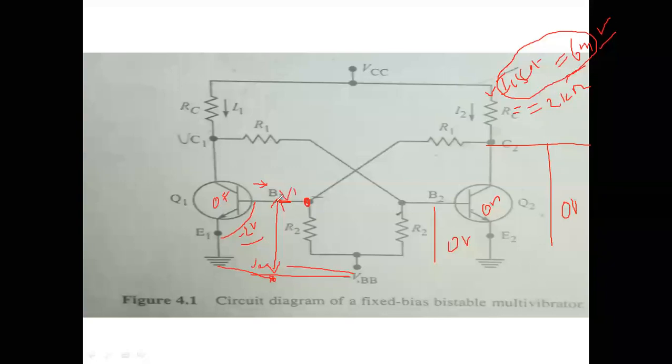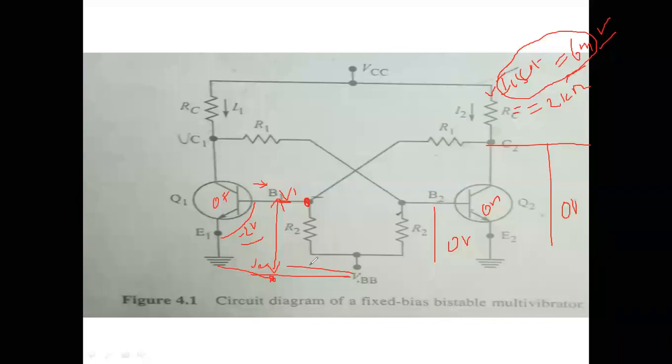Therefore, at this point we may have the voltage by simple voltage division. If we apply voltage division, here we have VCE, this voltage we know, and we assume this voltage is 0. Therefore VCE into R2 divided by R1 plus R2. This branch voltage we have to find out. Next one is at this point, that is nothing but the VBB voltage.